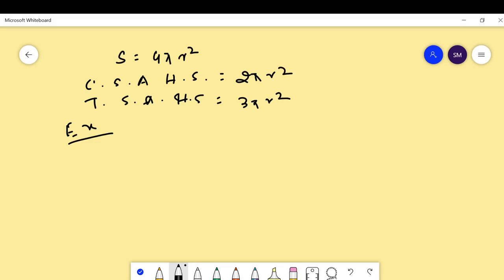Only knowing the formula is not sufficient for you. Please practice a variety of questions, which will be helpful for you. Here a sphere, a cylinder and a cone are of the same radius and same height. The question says, this is a sphere, this is a cylinder,